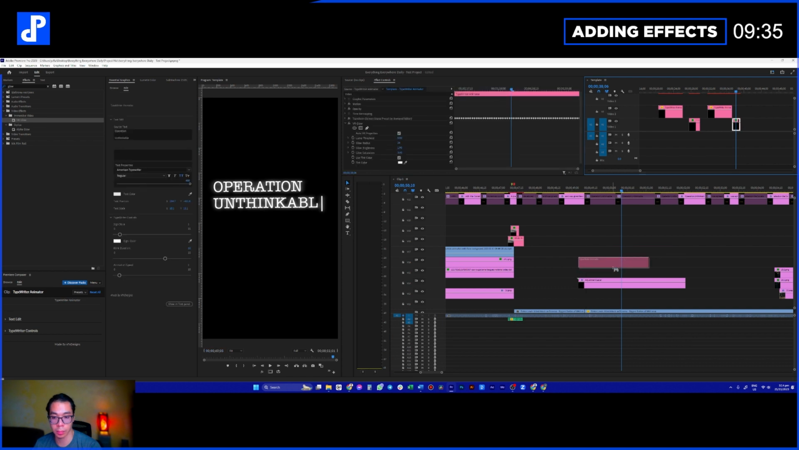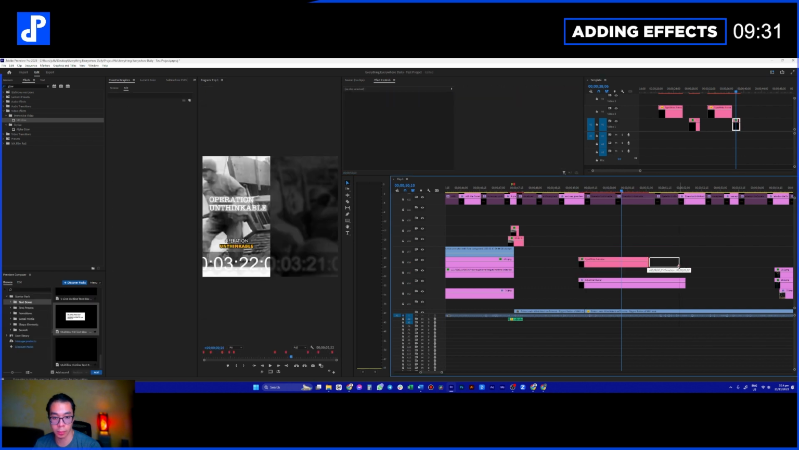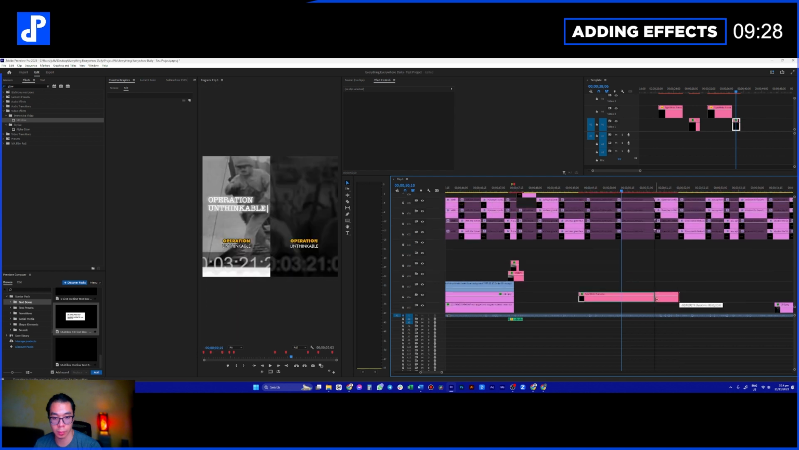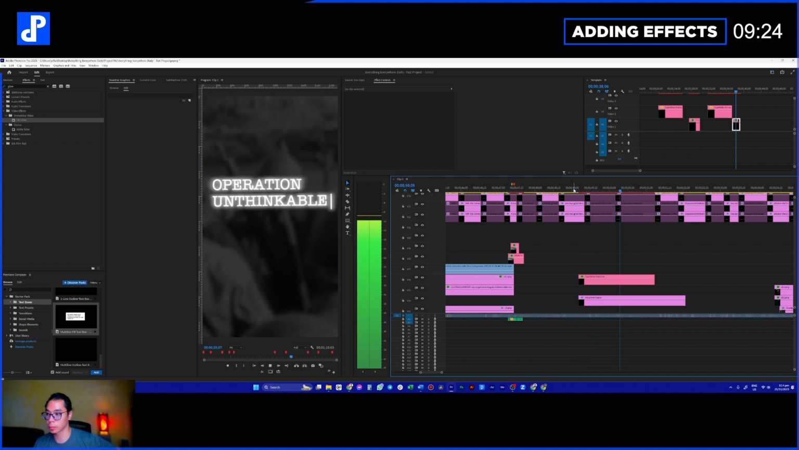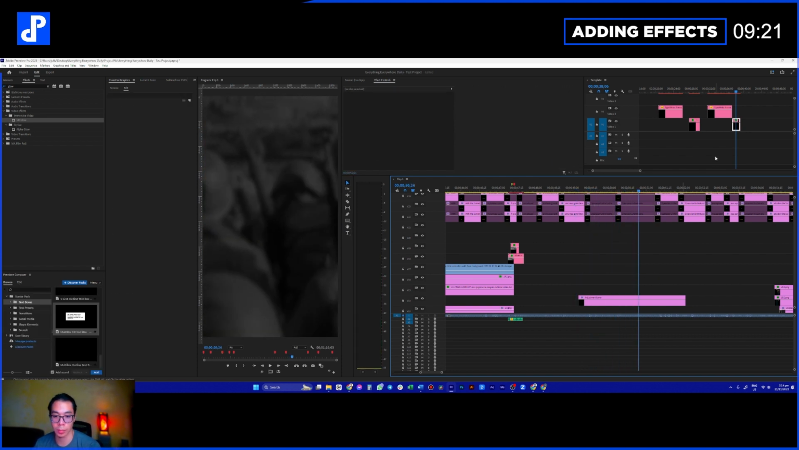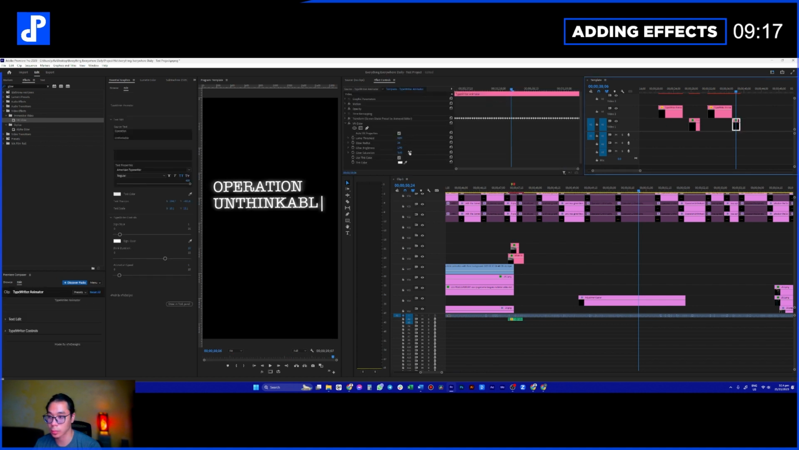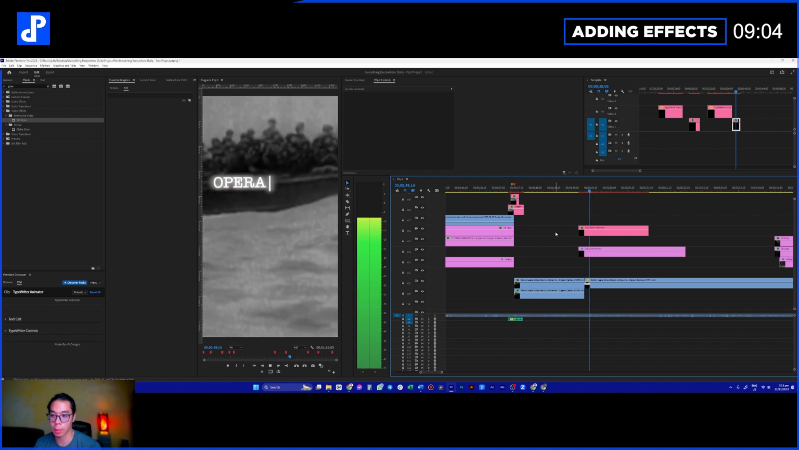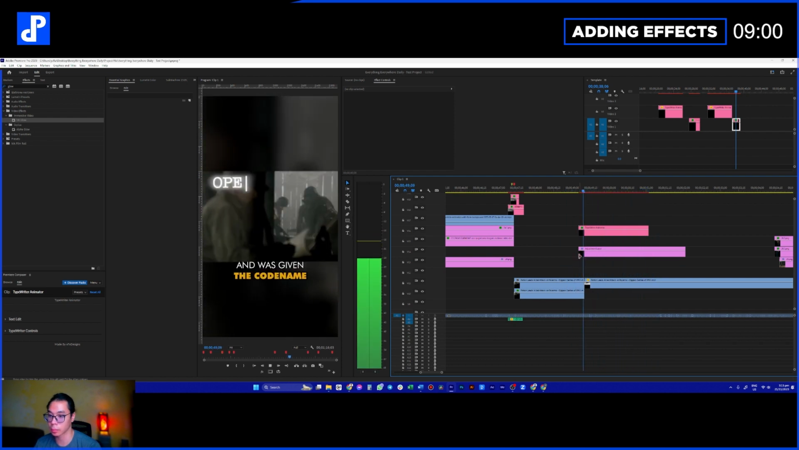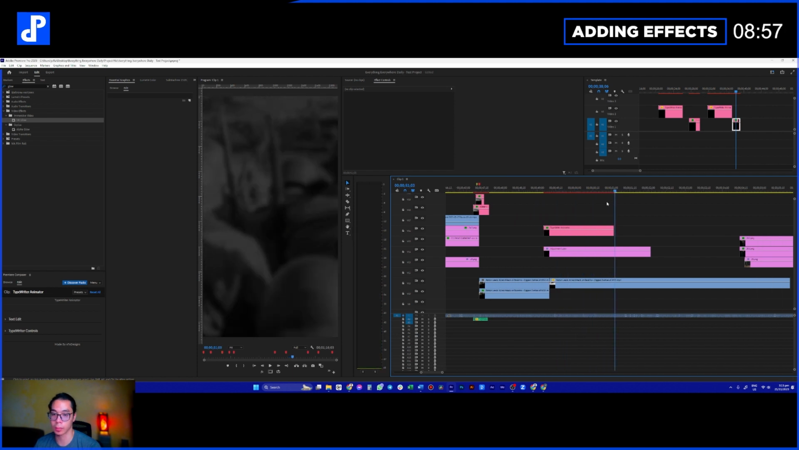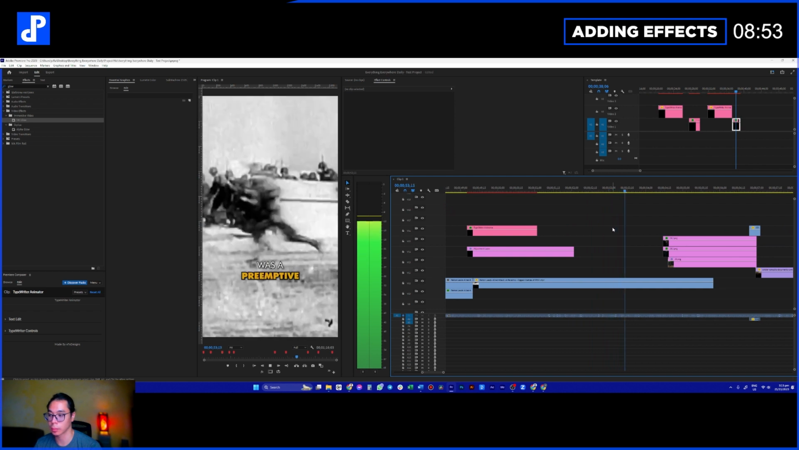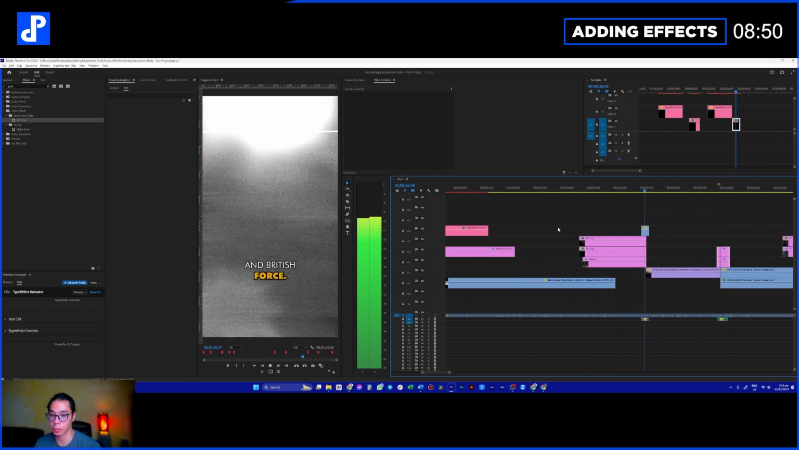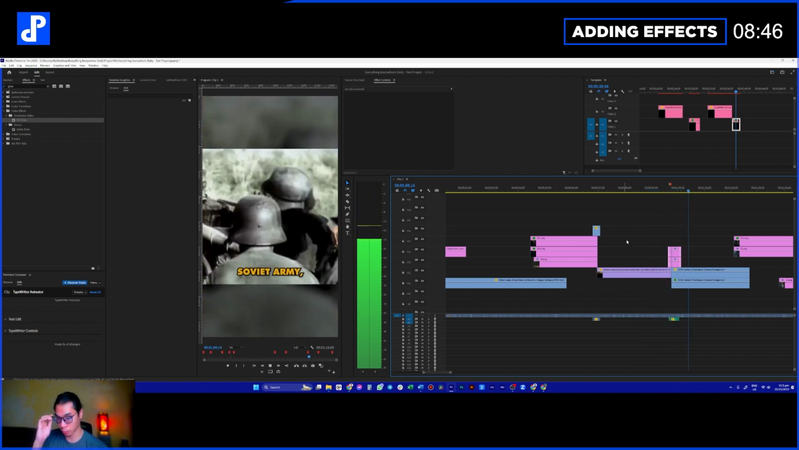Like this one. Operation Unthinkable. Operation Unthinkable was a preemptory attack on the Soviets by a combined American and British force. Right after this document was released, the head of the Soviet army ordered